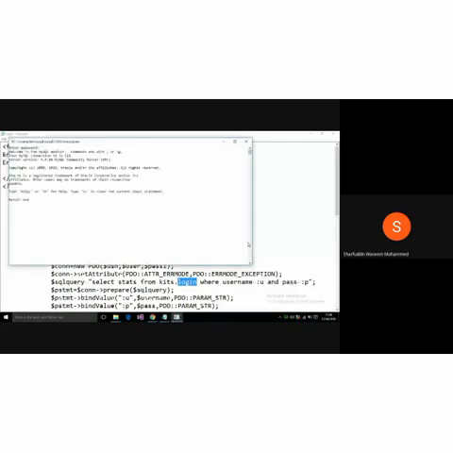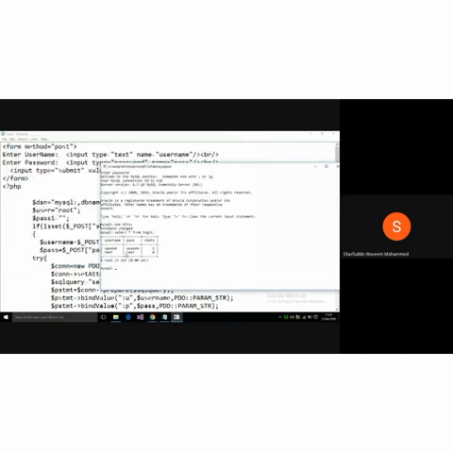We use kits, we are connecting to kits, and select asterisk from login table. There is a login table. You can see in our previous class we inserted two values, and now these are the values. So the username is this and the password is this, and the status is 1, which means he is an active user.